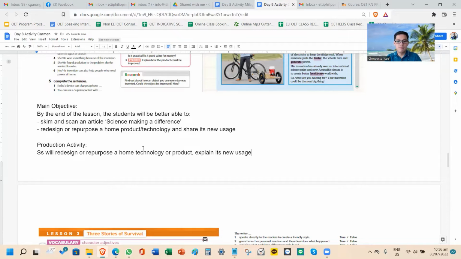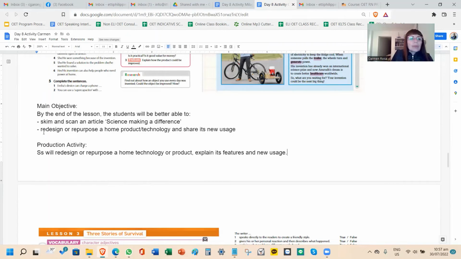Yeah, explain its features and new usage. Also, for example, can they talk about new technology products? Yeah, well, when they redesign, this can be a new technology already. Or if you want,